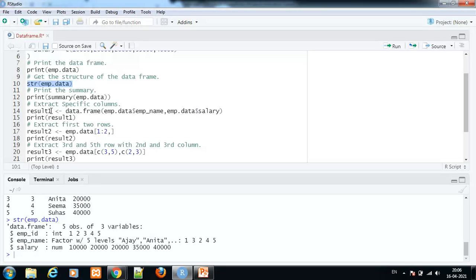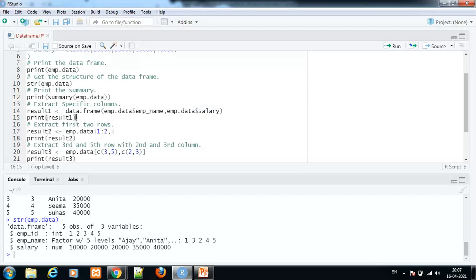We will take one variable, result1, and we will print our specific columns in the variable result1. Result1, what function? data.frame, the name of the data frame in brackets, dollar, the name of the column, comma, emp.data. The first column that we have to extract is emp_name, and the second column that we have to extract is salary. Emp.data is the data frame name, dollar, the name of the column.